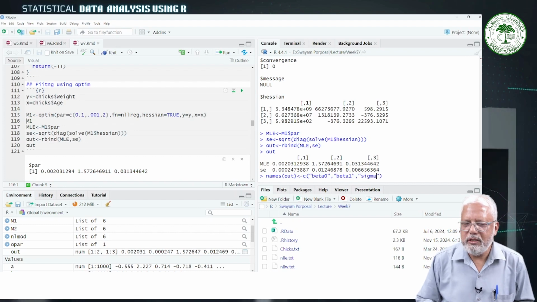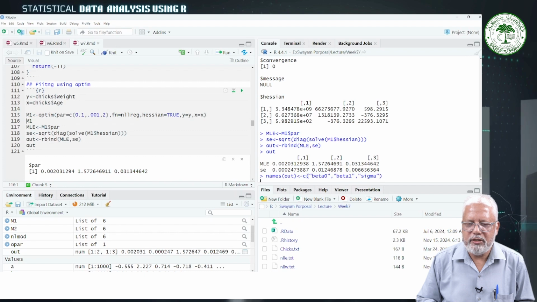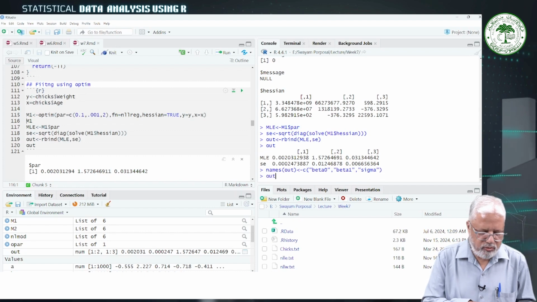So we are naming the column names of this out matrix. And now if you print out,